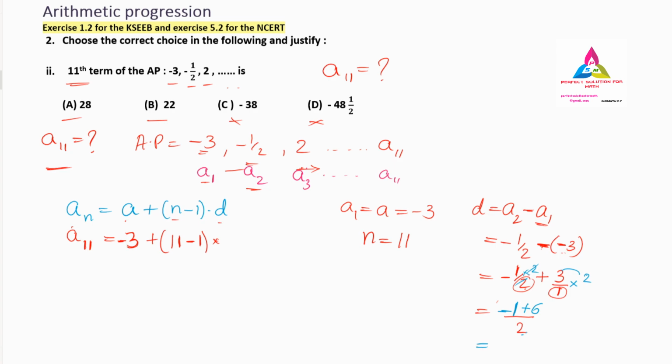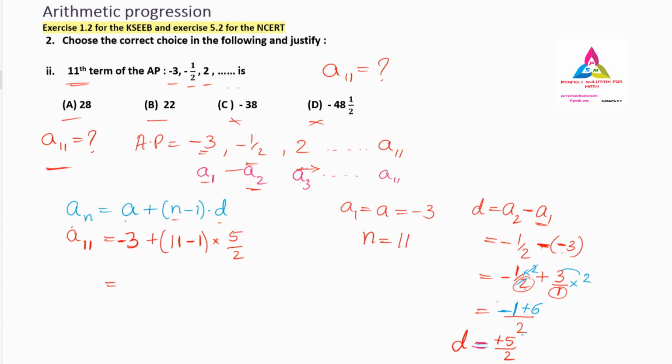So what is the d value we got? We got minus 1 and plus 6, that is nothing but plus 5, because the biggest number has the positive value. So plus 5 divided by 2. The d value is nothing but 5 by 2, so we can substitute it over here. Directly we can write 5 by 2, because there is no need to write plus; when it is plus we do not write it.